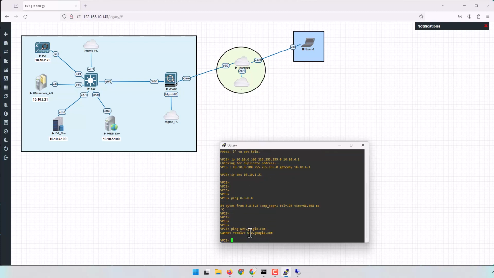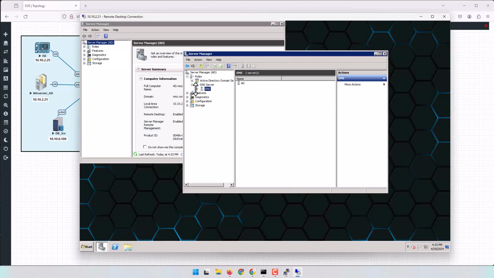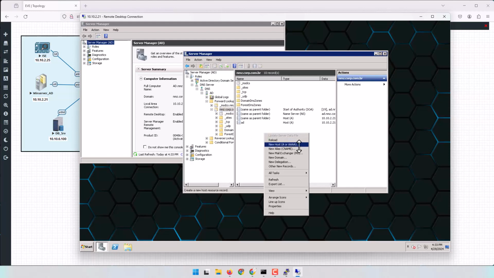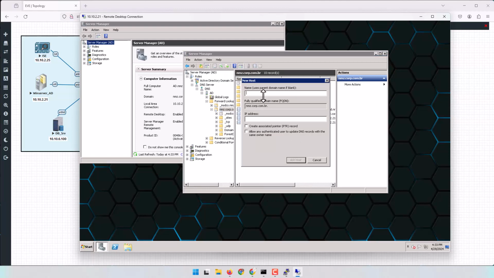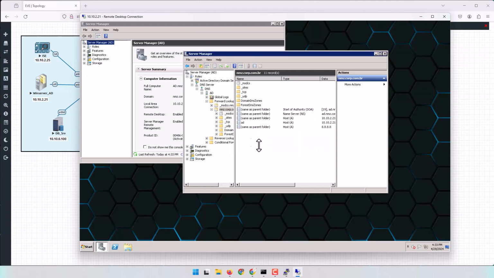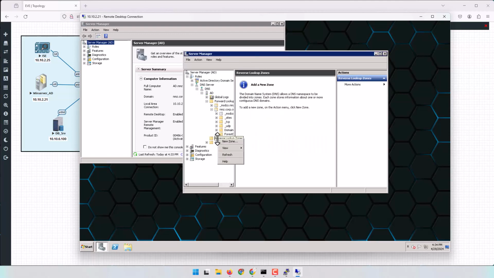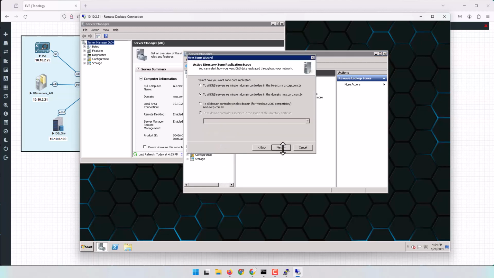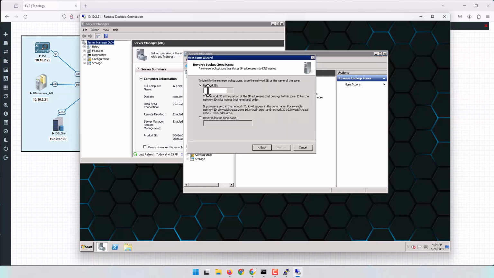You can see I cannot resolve the name because the DNS server doesn't have any record for resolving the name. For that, let's configure it. Let's go to the forward lookup zone and to our domain here. Let's create a new host, an A record. We can give a name, or if we don't give a name, we just use the parent name. We do not need the name. Let's just add 8.8.8.8 as a DNS server to resolve, and then in the reverse lookup zone, same, let's create a new zone, everything by default, next, and let's add